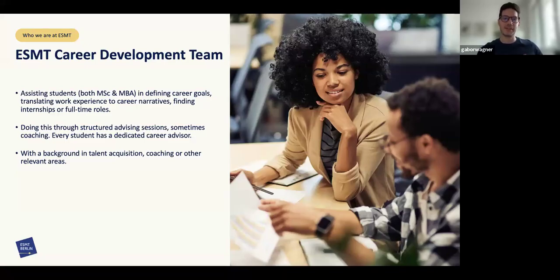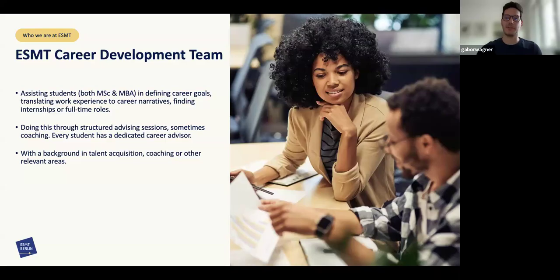As I said, we are assisting students, both master students and MBA students, because we have both of them. Of course, it's a big difference because when it comes to master students, we talk about early careers or people completely new to the job market. When we talk about MBA students, they have an average of 8 years of work experience already, so they know what to expect.